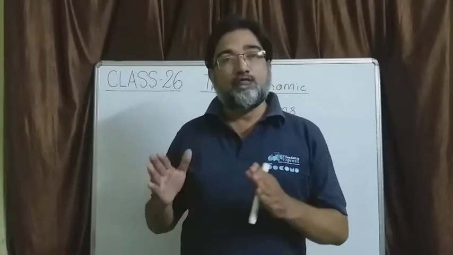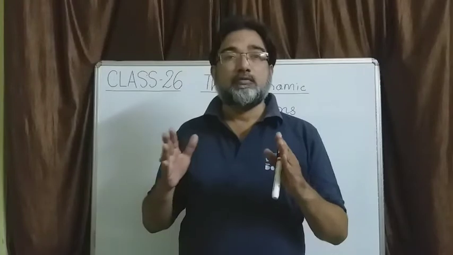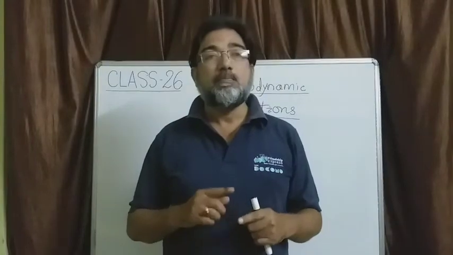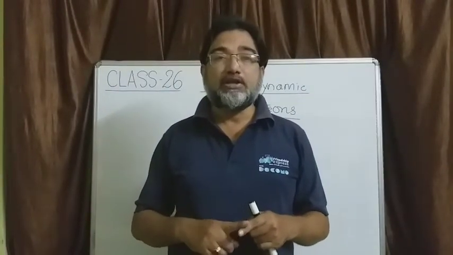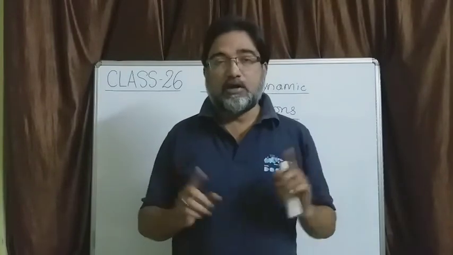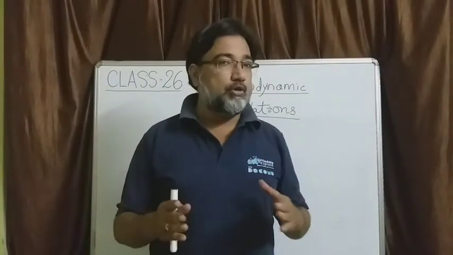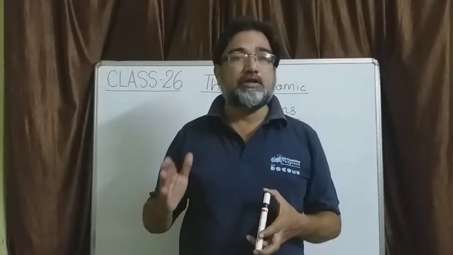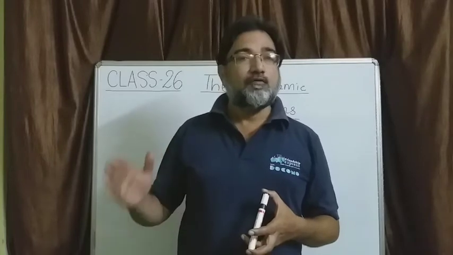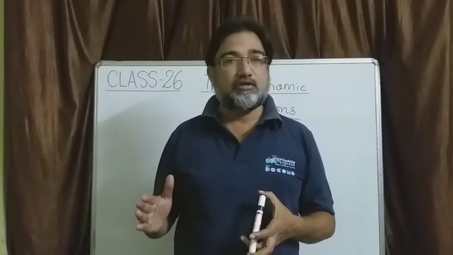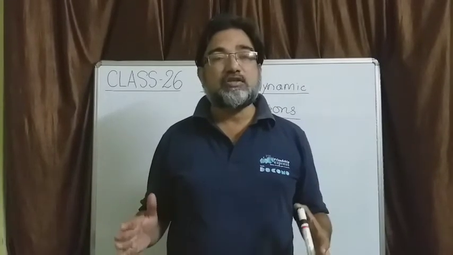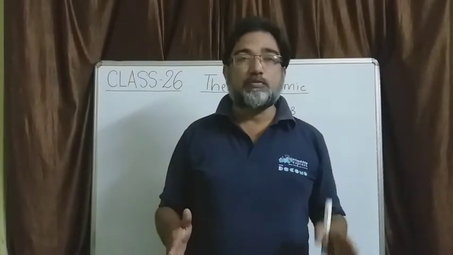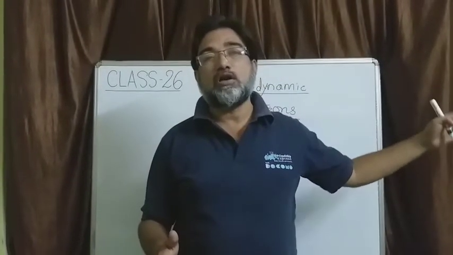They are pressure, volume, temperature, internal energy, enthalpy, entropy, Gibbs function and Helmholtz function. P, V, T, U, H, S, G and F. Try to recall this. I also told you that when the values of all the properties at a particular instant for a system are fixed, then we say the system is existing in a definite thermodynamic state. Pressure is P1, volume is V1, temperature is T1, H1, G1, F1 and so on.